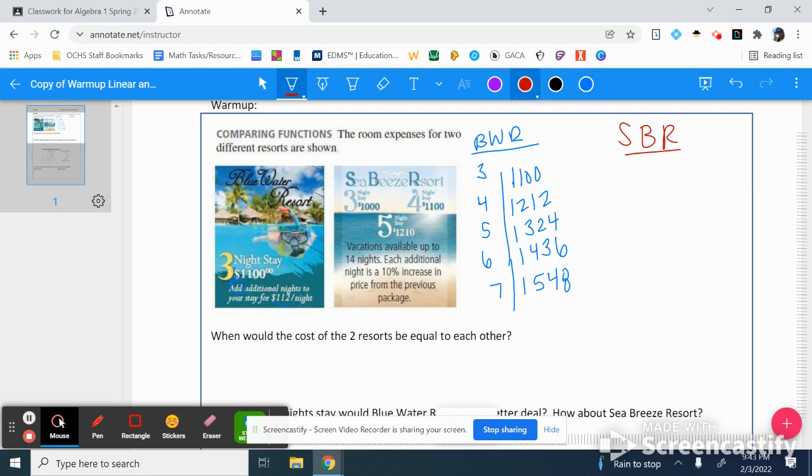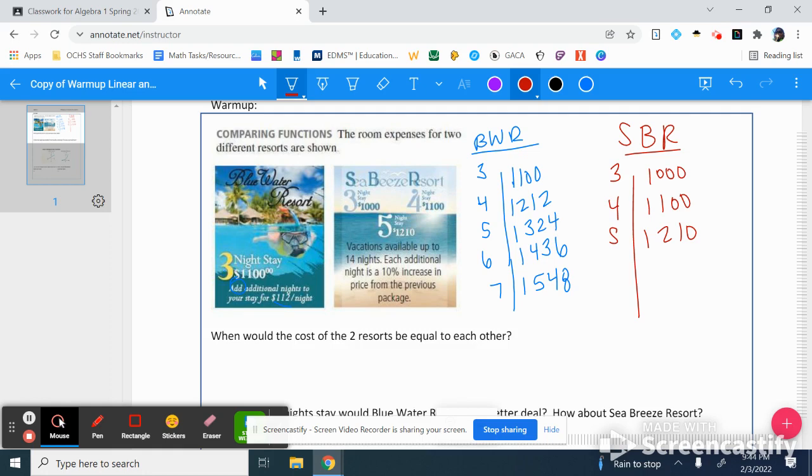As I look at Sea Breeze, it tells me for specific nights 3 through 5. So 3, 4, and 5 nights are given. For 3 nights, it's $1,000. 4 nights, it's $1,100. And 5 nights, $1,210. Now it says here they're available up to 14 nights, and each night is a 10% increase in the